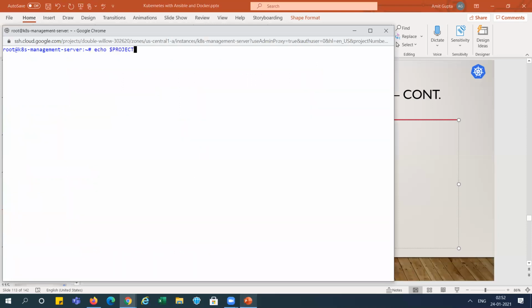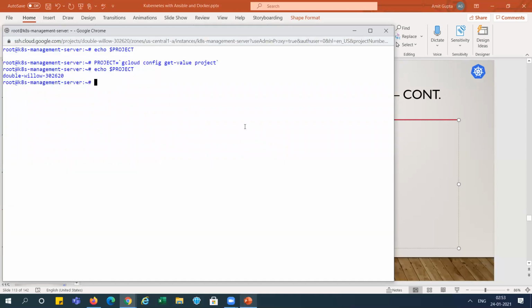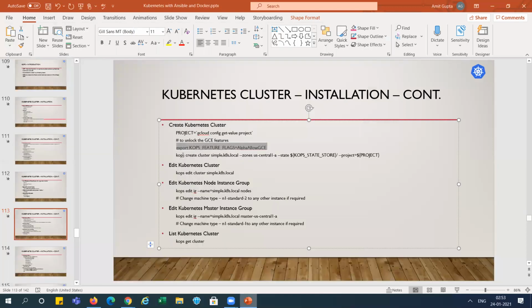Currently you can see we don't have any project set, but when we set this project here, now we will check. We can see this project is set, current project is set, right? And now we need to export.